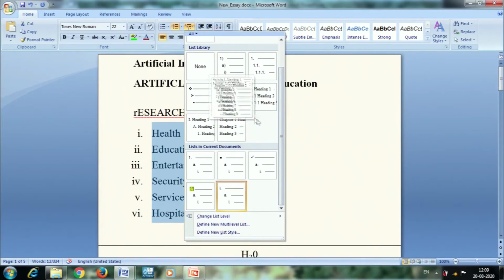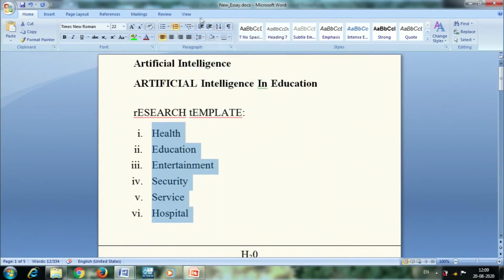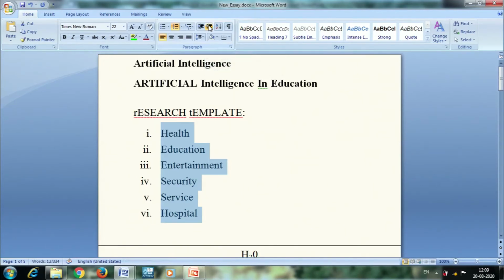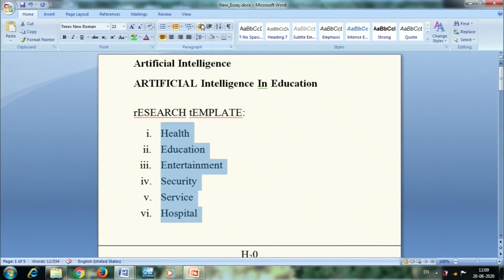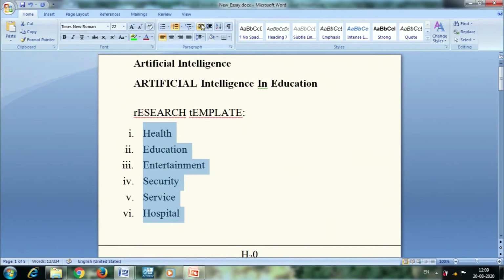When you have a subheading under one heading, and another subheading under that, you can use the different types of bullets which are available. And this is about decrease indent and increase indent. As per the level of the paragraph it will be indented. If I click on increase indent, my content will be moved a little away from the main heading. If I click on decrease indent, my content will be moved back toward the left margin. So I can use increase or decrease indent.